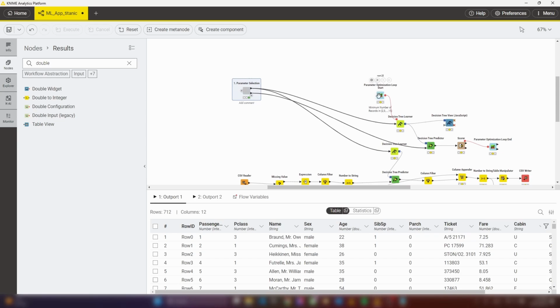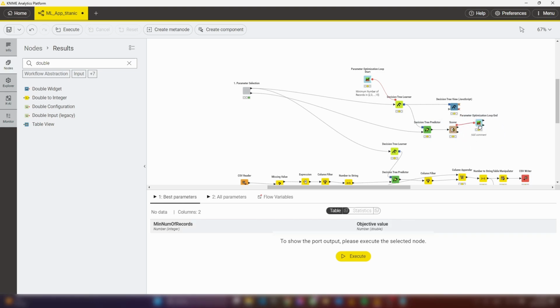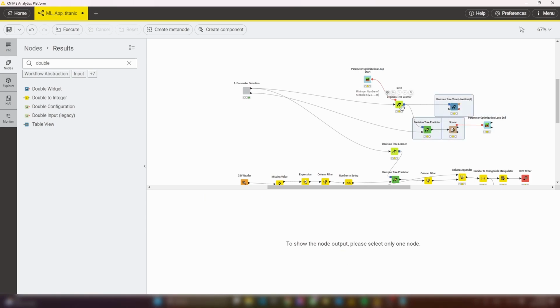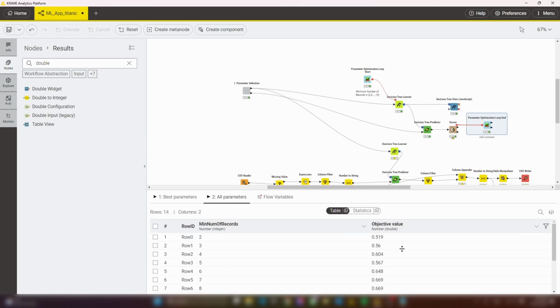And then the next piece would be our optimization loop and the scoring. So the second component will be these type of nodes inside the parameter optimization loop. Let's execute this once and see what the overall output is. The parameter optimization loop end has one table with the best parameter and then one table with the results